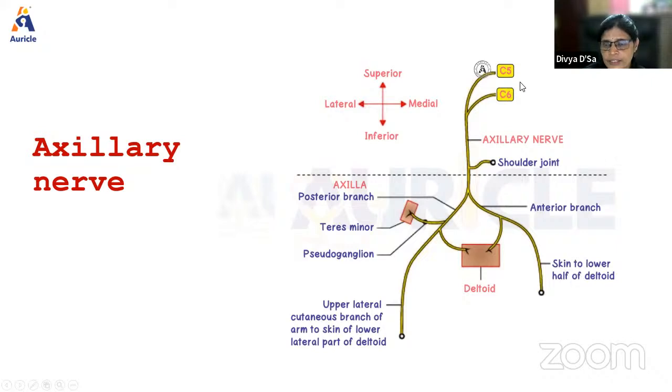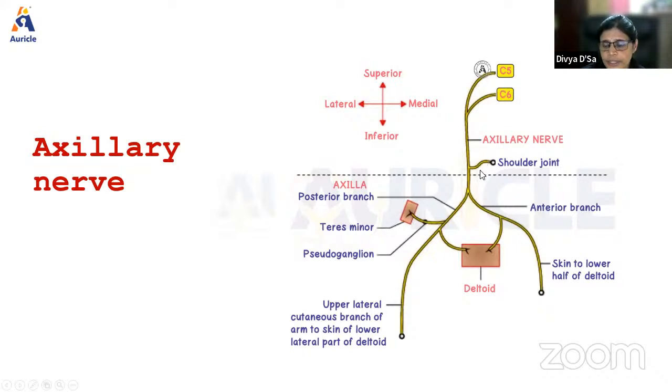Because axillary nerve is given in the axilla itself, and the dermatomes over that region are mainly from C5, C6. So only those fibers will be running in the axillary nerve from C5 and C6. Once it is given in the axilla from the posterior cord, it supplies the